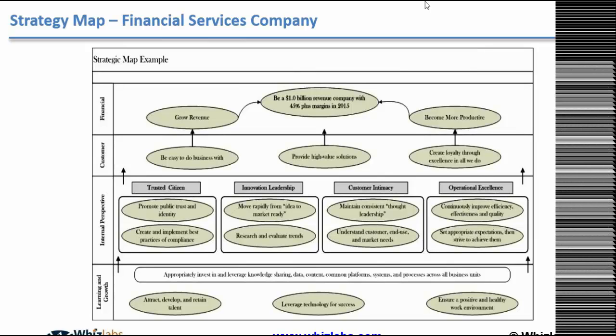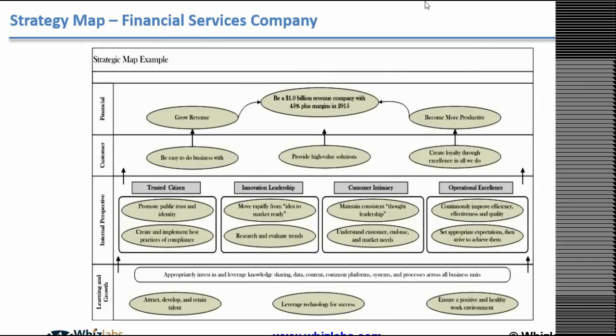And so, to give you some reality here, as you can see, if you look over in the far left-hand corner, those are the perspectives. Each of those perspectives creates a swim lane. And within each of those perspectives, each of those circles are objectives. As you can see, the objectives are